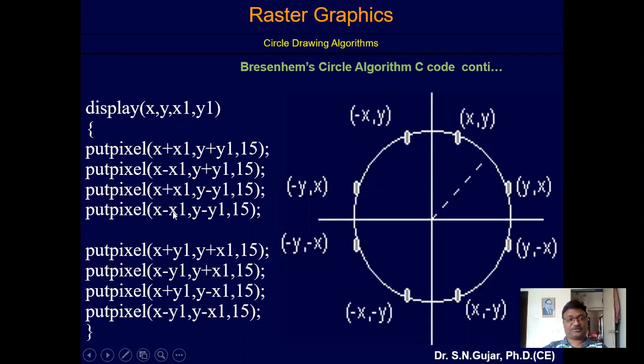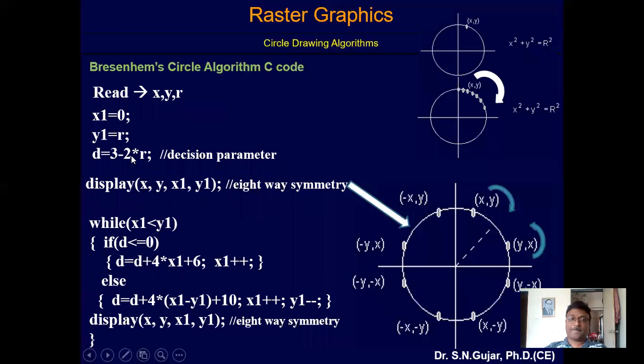So what is the display function? This display function is going to calculate this much part first, and then repeat that part 8 times, meaning for both plus plus direction, plus minus, minus plus, and minus minus. So that I have covered the entire circle. Is it? So we pass this function once before the while loop, and then in the while loop.